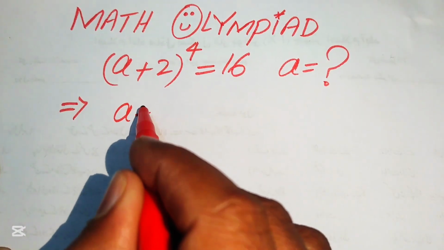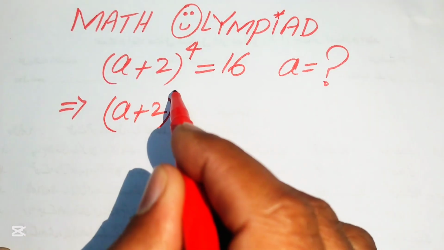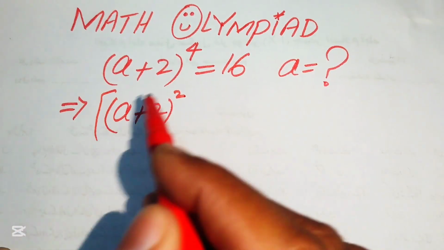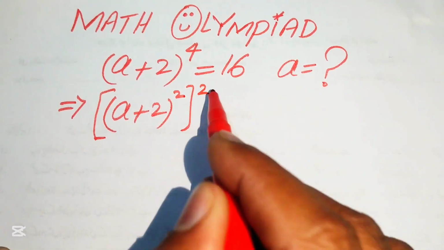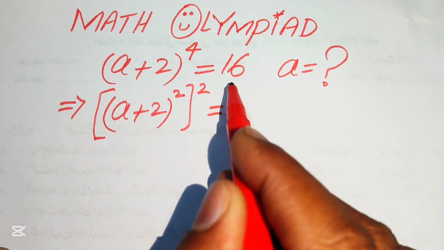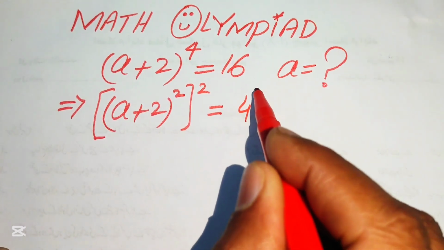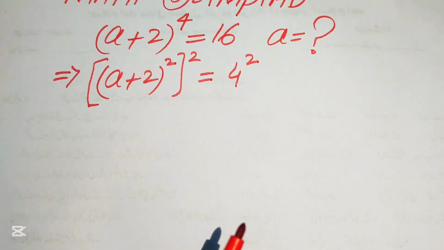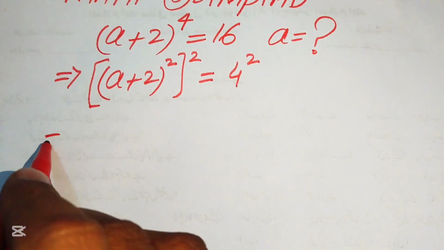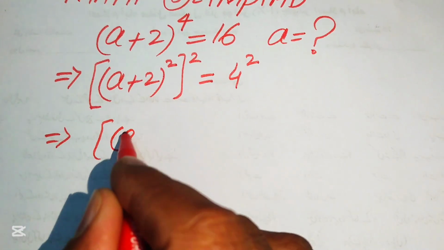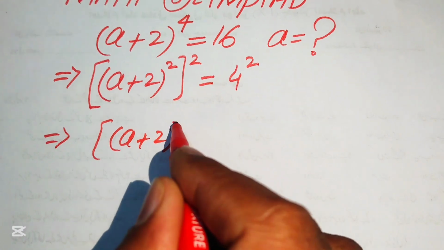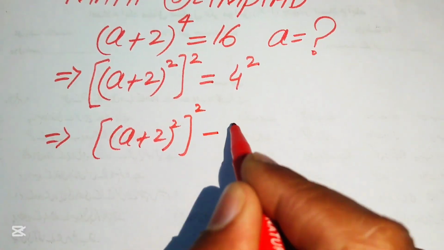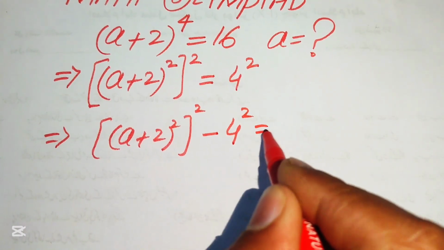We write it as ((a + 2) to the power of 2) whole squared, and we write this 16 as 4 squared. We know that 4 squared is also equal to 16. Okay, so in the next step we move this 4 squared to the left-hand side, and it will be written as ((a + 2) squared) squared minus 4 squared